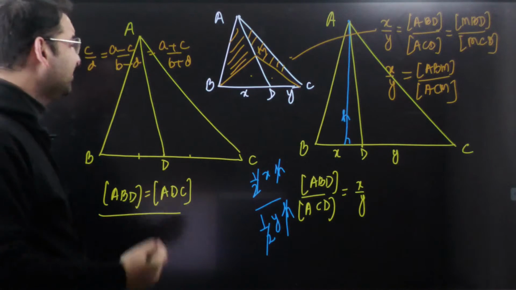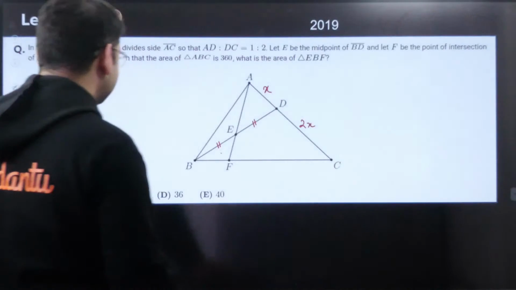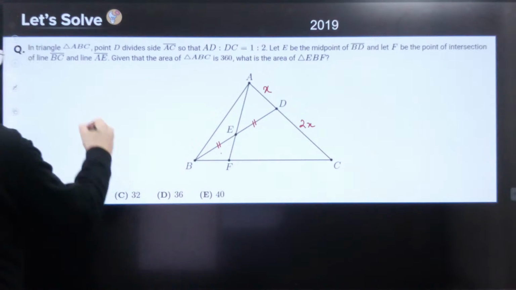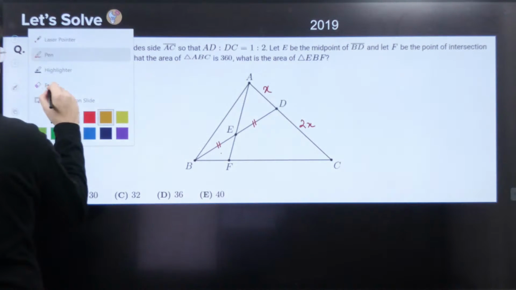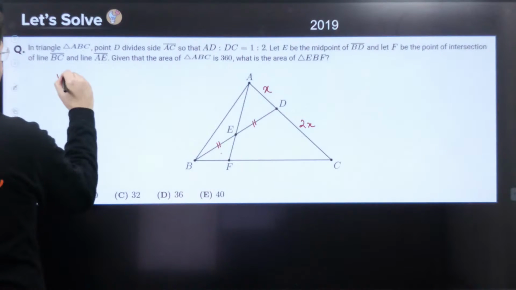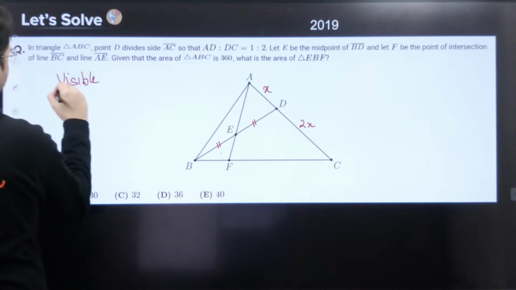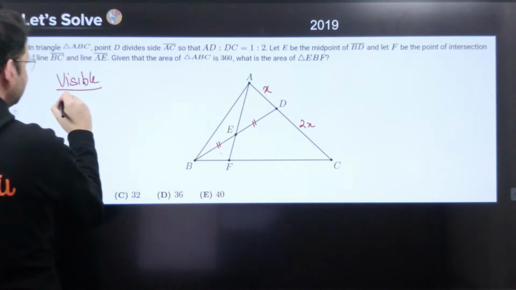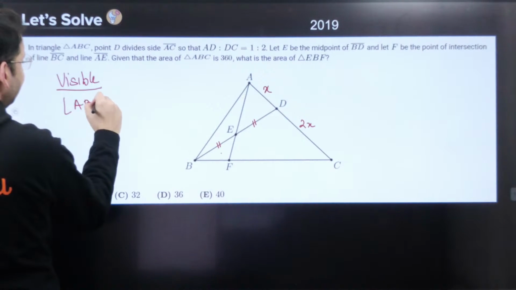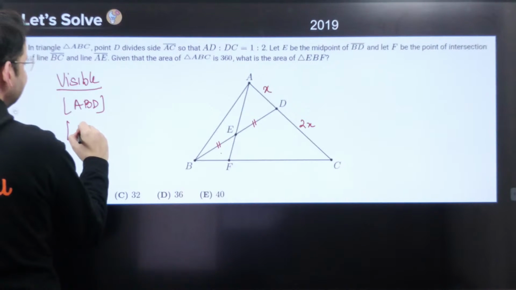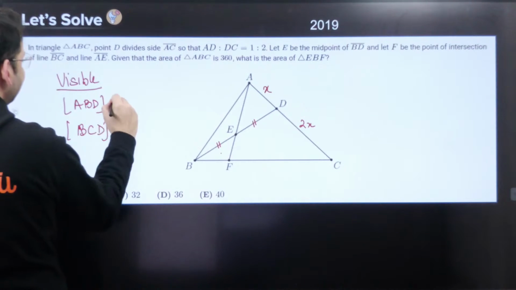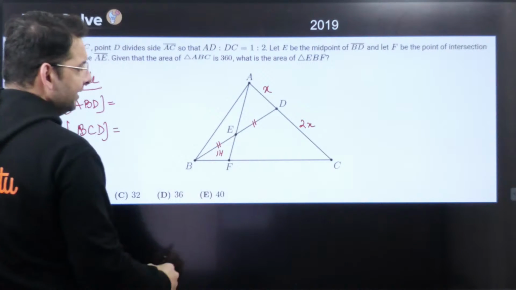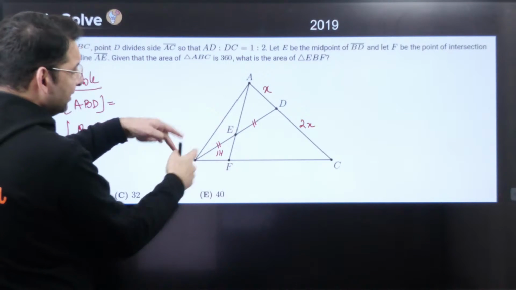So this is something that we are going to use in this particular question. Let's get going. First, let us look at the obvious, visible things. Total area is 360. This is 1:2. So what is going to be the area of ABD and area of BCD? Can you write on the chart? This total is 360, and I want to find this area. Because this is 1:2,